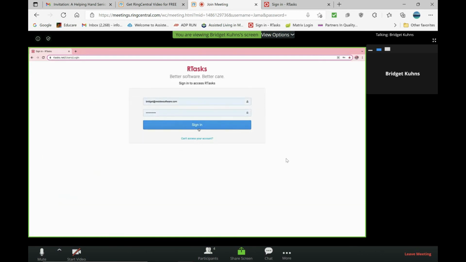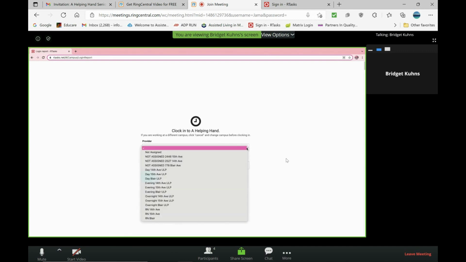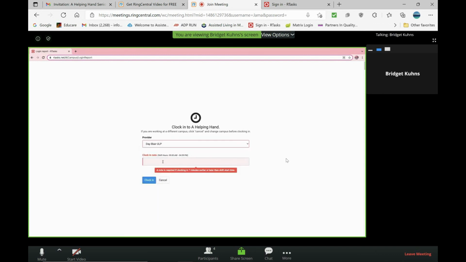So if I sign in, this is what you guys are going to see when you first sign in. It's the time clock here, and you're going to choose which provider you're working as, meaning which assignment you are working. You're not going to ever want to choose the not assigned. That's just a placeholder for our programmers. You're going to want to choose, am I working the day shift at the 14th Avenue house? Am I working overnight? You're going to choose which assignment you're working as, and then you're going to